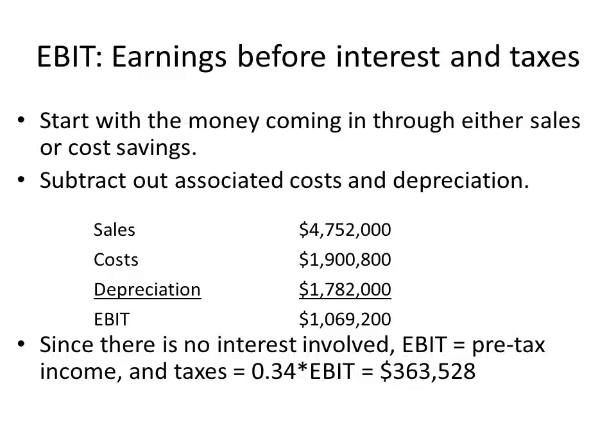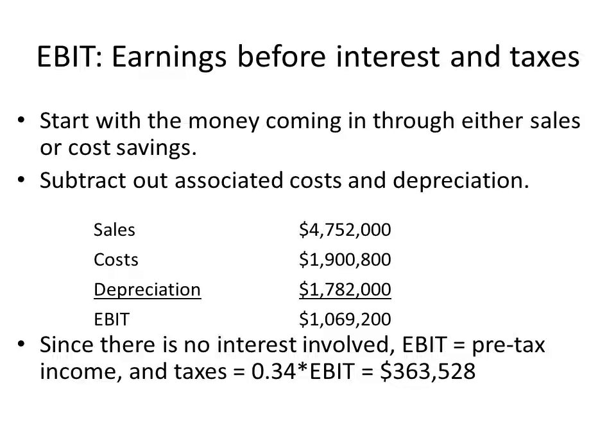In this case, they tell us that the sales are $4,752,000 and the costs associated with those sales are $1,900,800. You might also think of this as cost of goods sold, but in this case the costs also have any sort of fixed costs associated too. And then the depreciation, which we calculated as $1,782,000, we're going to subtract those out and get an EBIT of